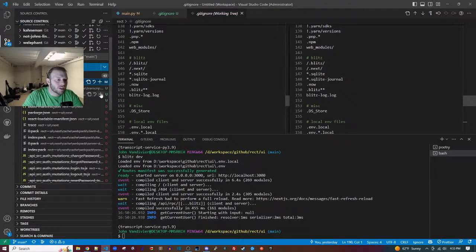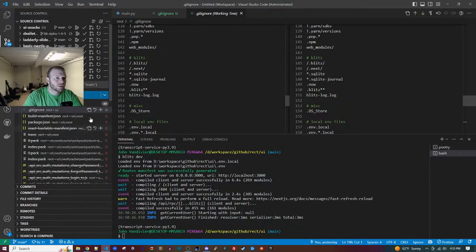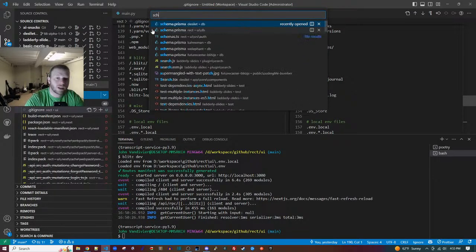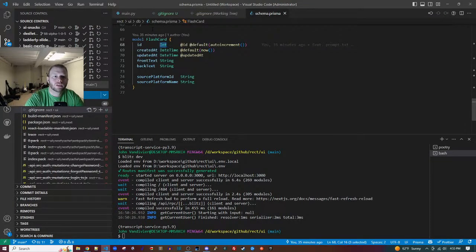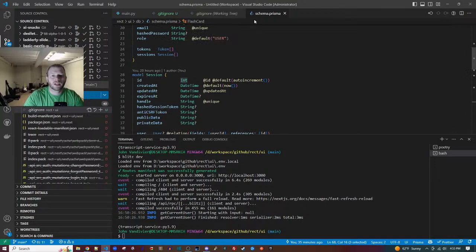Let's do these first. Control P schema. Make sure that I didn't. Okay, so I didn't actually put them in here, did I? I just put them in that Python text.